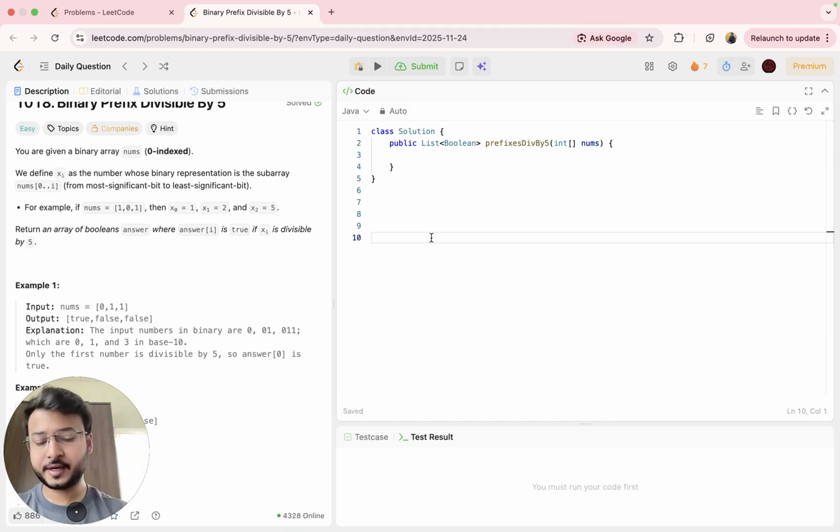Let's suppose our input is 0, 1, 1. It's a binary array, so only 0 and 1. Now we will look at each prefix. Coming to the first prefix,